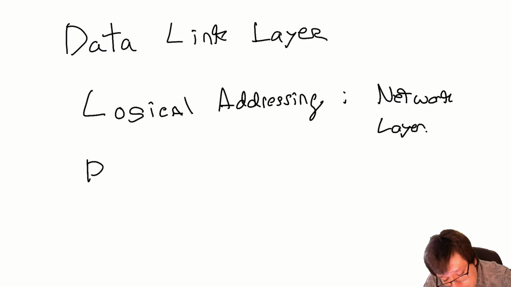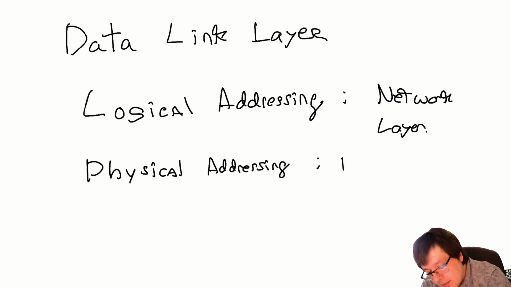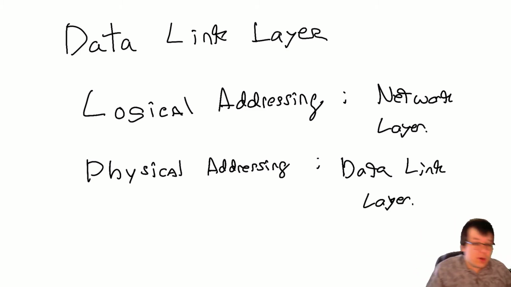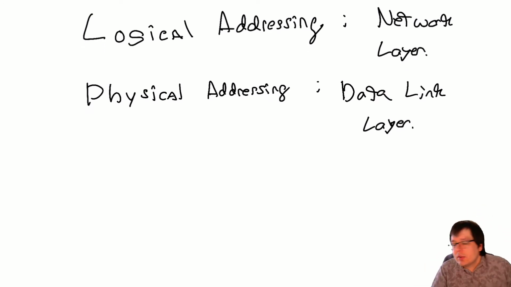And then you're going to have the physical addressing be part of the data link layer. Okay? Now, what is the physical addressing? That's the MAC address. So what's the MAC address? The MAC address is an address that is typically made of